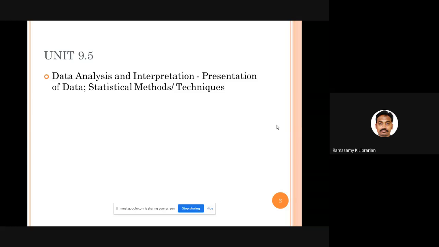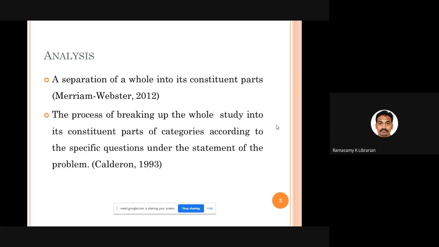So let's begin with data analysis. Data collection is over, and we talk about data analysis. What is analysis? In general, the term analysis means that when a whole, complete thing is given to you, you divide it, you separate it into its constituent parts. What different components are available for this particular single piece?